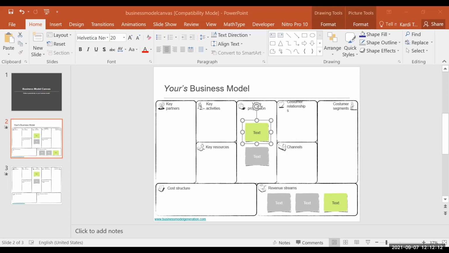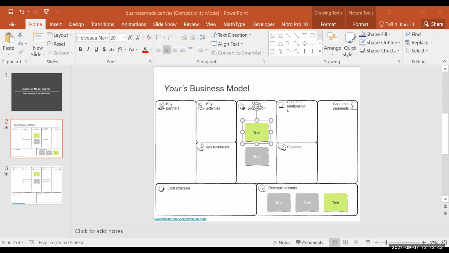Number 6 is the key resources. This is the asset required to offer and deliver all of the previous elements. Next is the key activities. What are the activities that you need to do to deliver all of this?